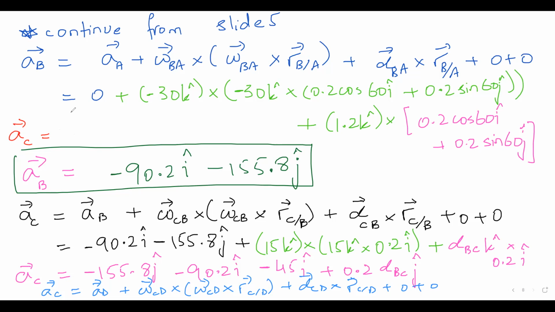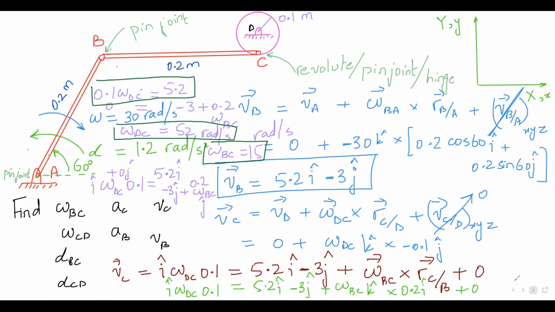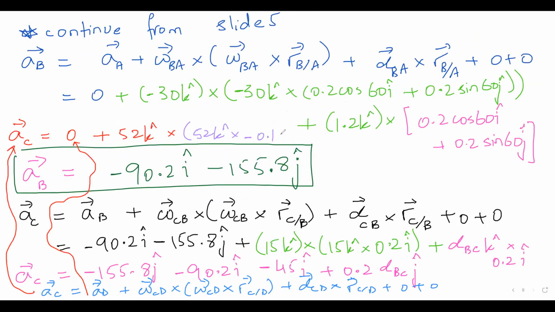Okay, so on that note, AC equal to 0 plus, what is omega CD? 52 clockwise or anti-clockwise? 52k omega CD. So students are not confused what is happening. I don't want students to get confused. Then, hang on with me, please. Cross 52k, position of C with respect to D is? Minus 0.1 J. Yes, minus 1. Okay. Plus